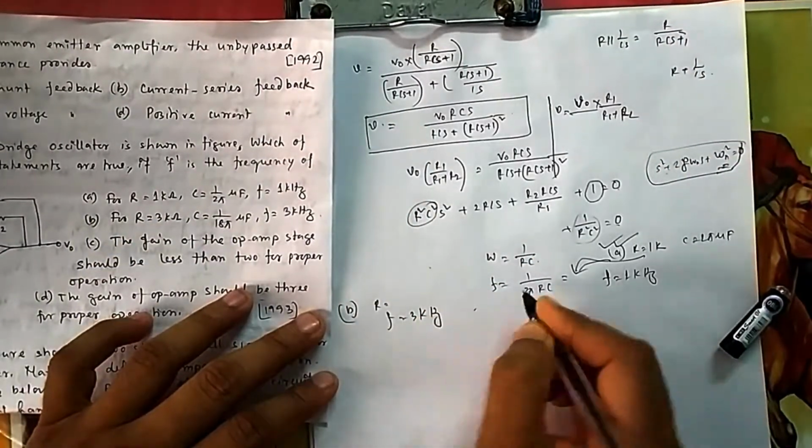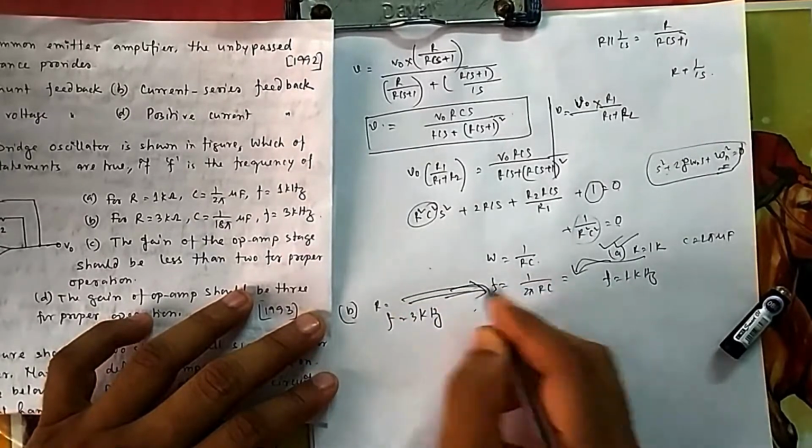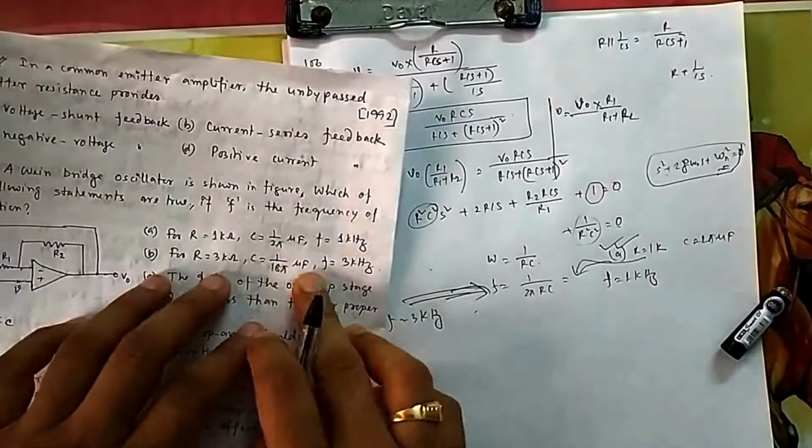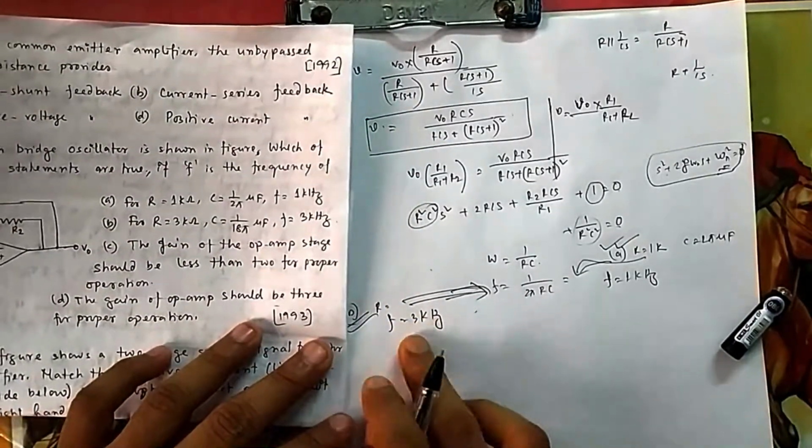So if you put B also in this equation, if you put the values of B, I am not showing, you can easily do it. It is already done. By seeing also you can say. So it is also okay.